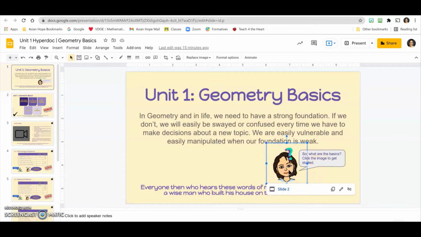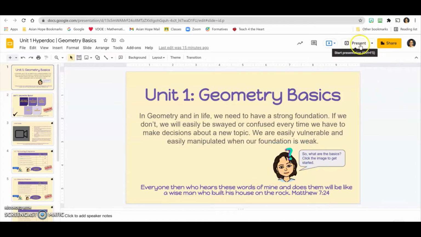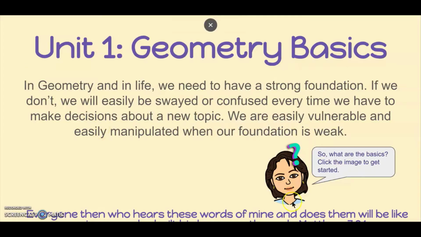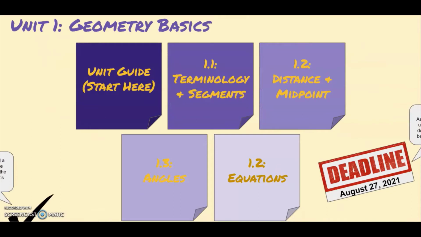Whenever you click anything that's a link, you're going to see the link come up at the bottom and you have to click again. So it's basically two steps. If you want to avoid that, you can use the Google Slides in presentation mode. If I do that, it becomes more full screen, and anything that's a link, when I click this, it will automatically go. And so these are links, and it's a little bit zoomed in so you can't quite see everything, but basically I'm only showing you it that way so that you can see